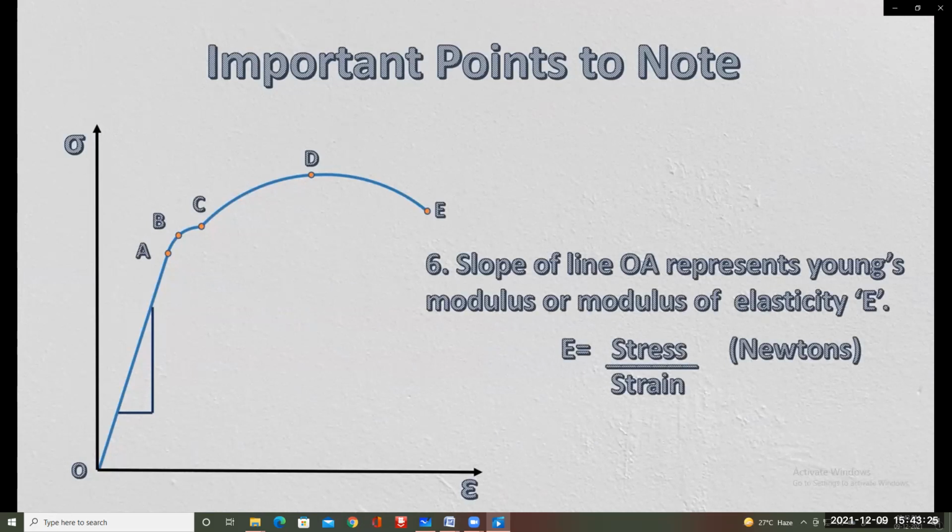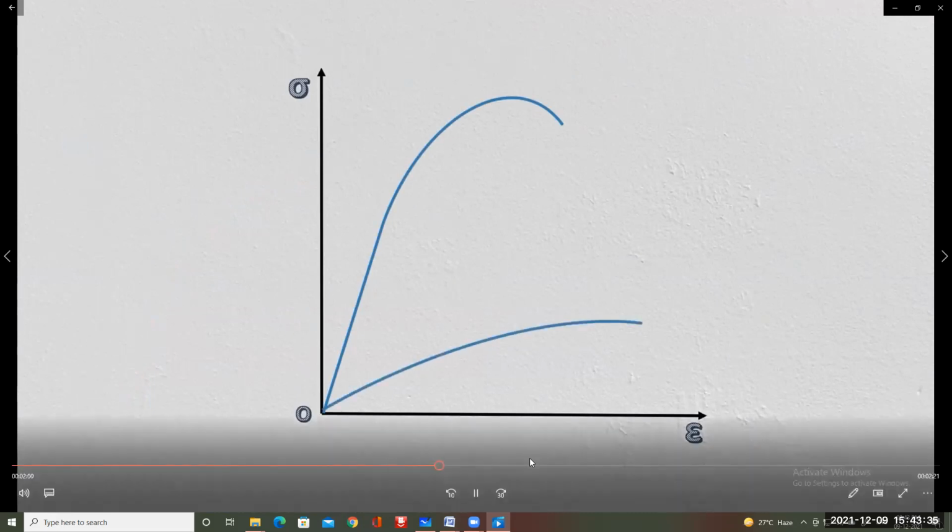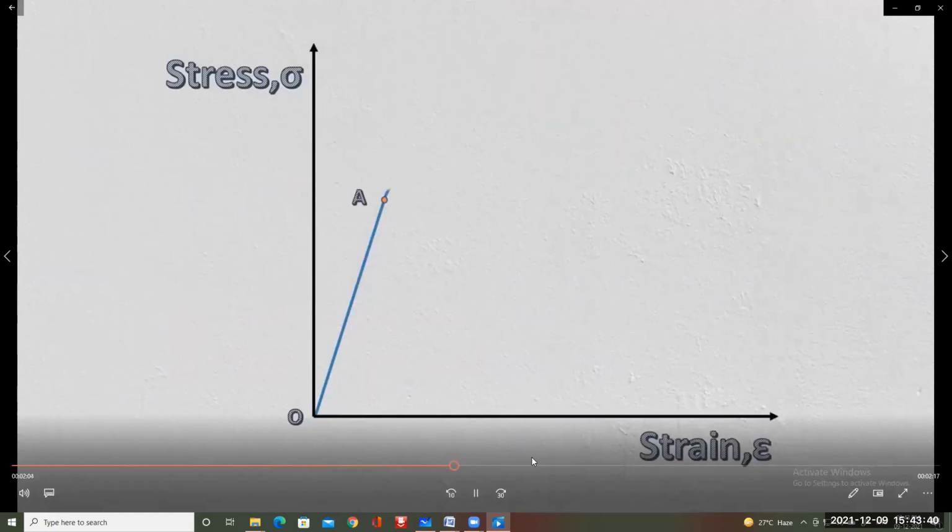Higher slope means stiffer and stronger material, for example high carbon steel, and its curve will look like this. Whereas for flexible material like elastomers, the curve will look like this. Remember, these curves are not to scale. With increase in stress beyond the proportional limit, strain begins to increase more rapidly for each increment